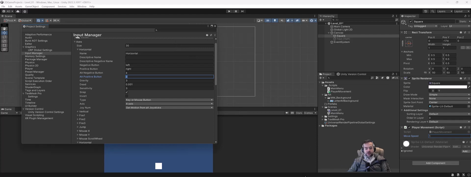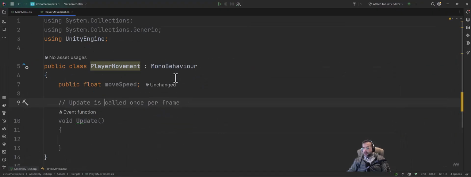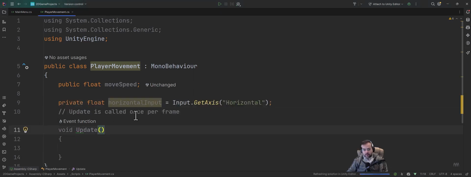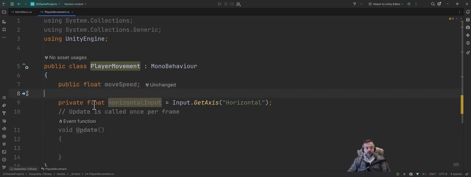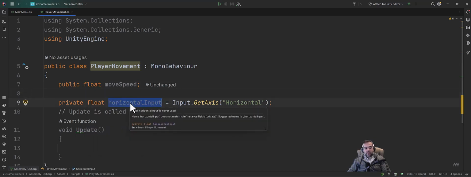So inside of the code, let's jump over really quick. Let's go ahead and write the code that accesses that horizontal input. I'm really just going to type it out instead of you hearing all the clinking and clanking, and then I'll come back to it. All right, so we created another float, which is any number like 1.1, 1.2, a decimal value, right? It's really just a number with a decimal value. And this variable is going to hold the